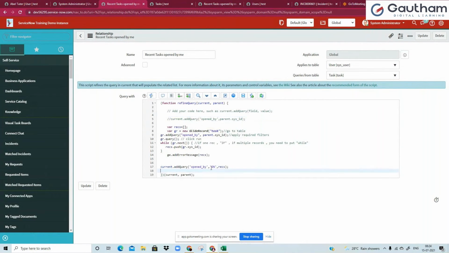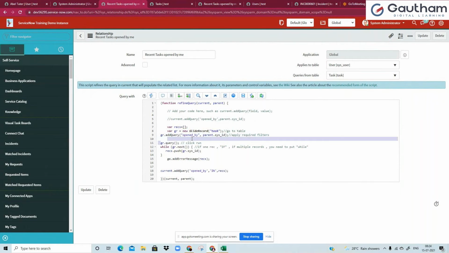So in rex. Now, even now, your requirement is not satisfied. You wanted to see only probably 5 records or 10 records, right? So you have to set the limit. So what you do is, before you click on that run, this is nothing but clicking on the run button, right? You have to put another line called gr dot set,